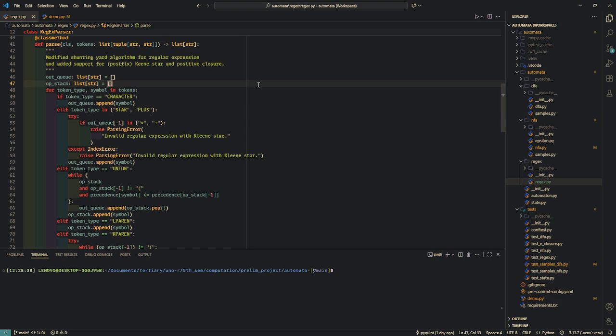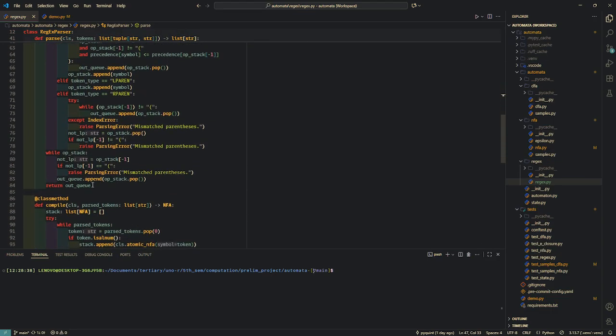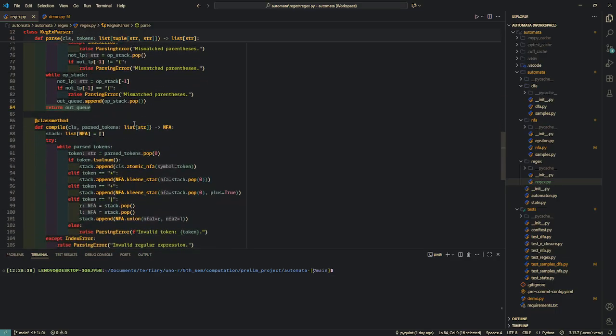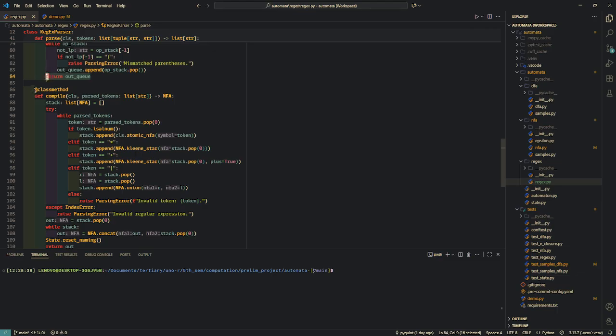For example, the expression inside a parenthesis has higher precedence than any other one, so it will parse that first and then continue parsing the others in the correct order of precedence. After that, it will return the output queue, and then finally, the compile method takes that output queue, or the parse tokens,